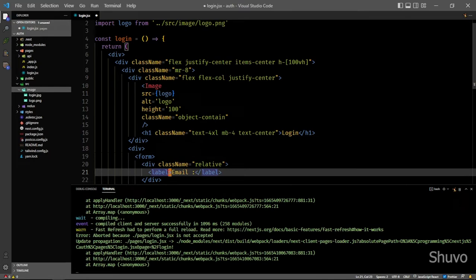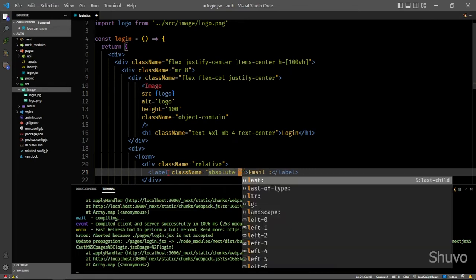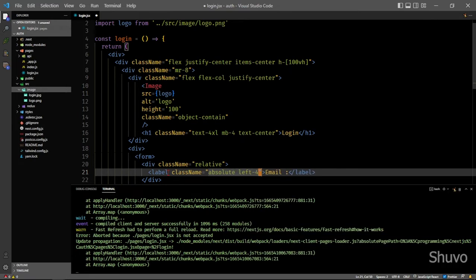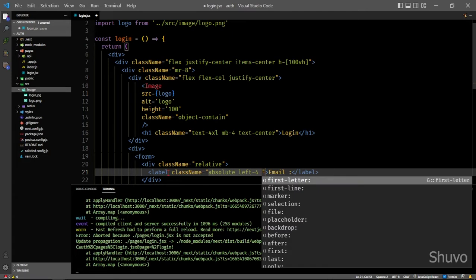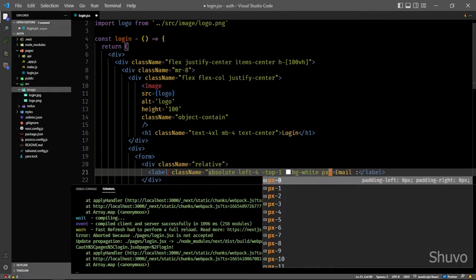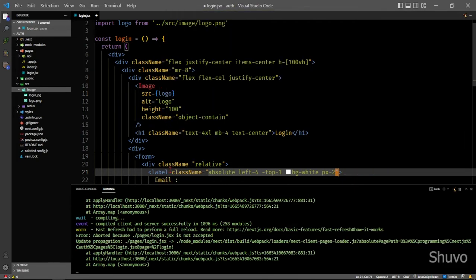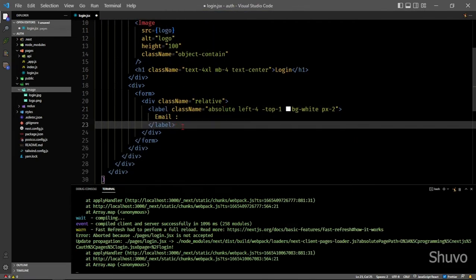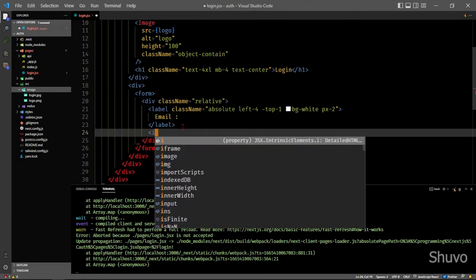and class name absolute, left 4, minus top 1 and bg white, padding x2, and next we need to add an input